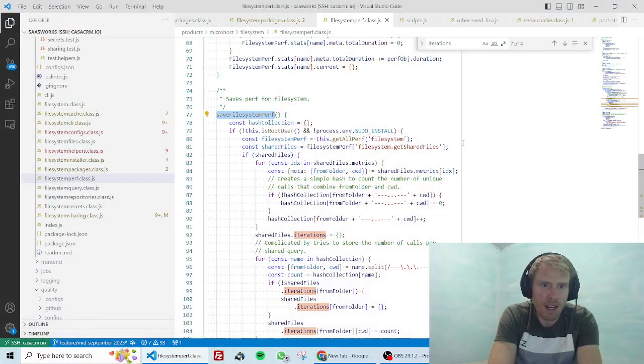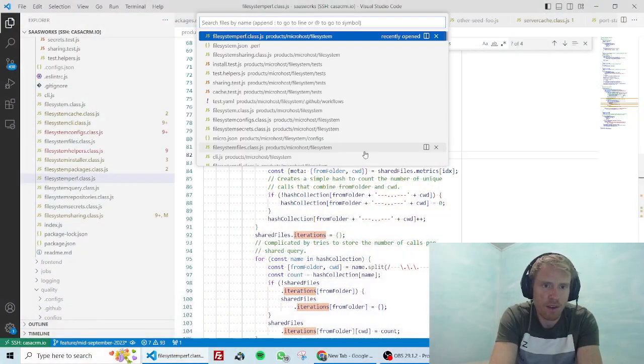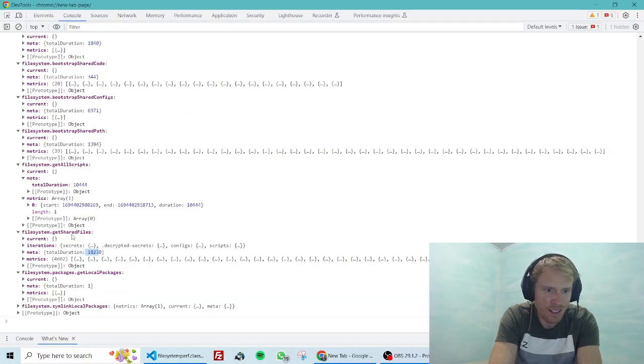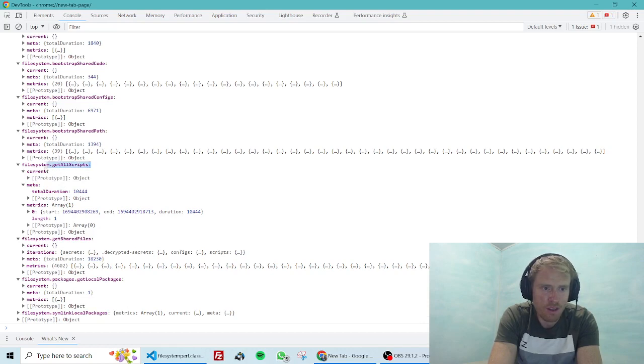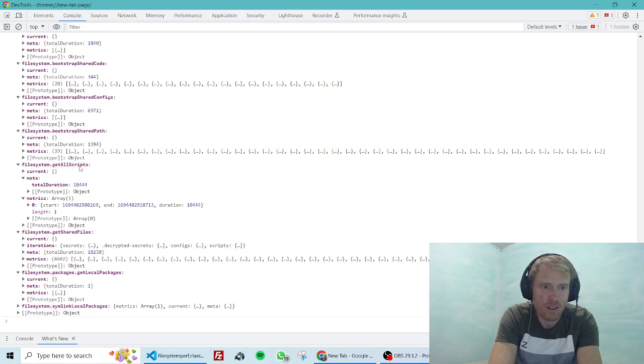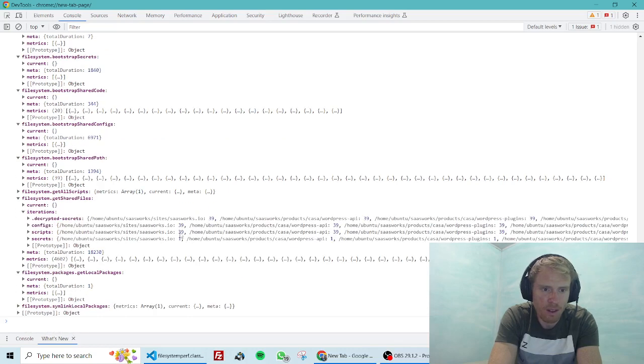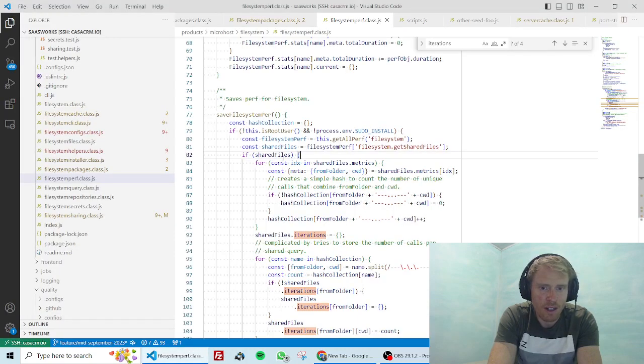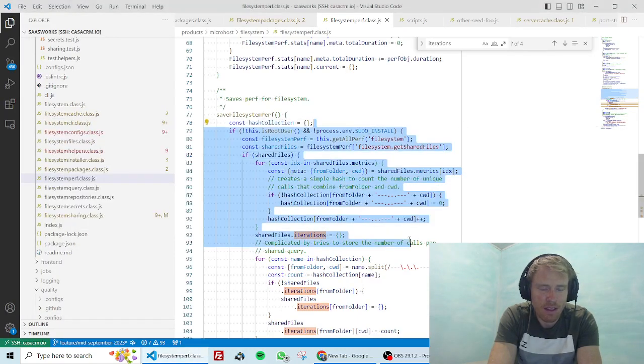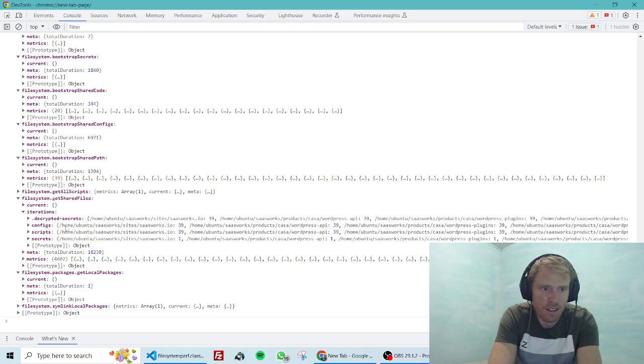But going back to the particular use case, what I wanted to do was dig into this get shared files because it was being called by get all scripts. So in other words, in the microhost tool, it's trying to get across the entire file system all of the scripts across all of the shared packages. So this get shared files function is where most of it was occurring, and I wanted to pop this open a little better. And by doing this, I wrote some extra code right here that basically dumps this iterations,